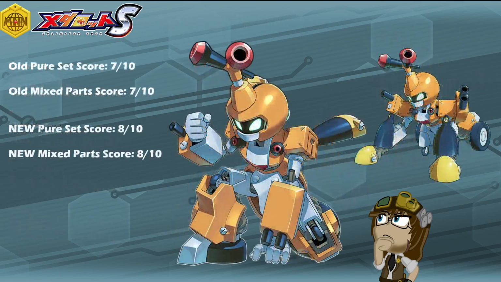All this being said though, comparing his original pure set and mixed parts scores, I did originally grade Saikachis at a very well-rounded 7 out of 10 across the board, because he was a very solid model, very beginner-friendly, and he offers very well-rounded attacks and a very powerful one in his alt mode that you can use and exchange very freely because he does not require charge to change between both forms. The only real weaknesses he had was, like I said, he is remarkably squishy compared to most other models of the family, and he doesn't hit nearly as hard in